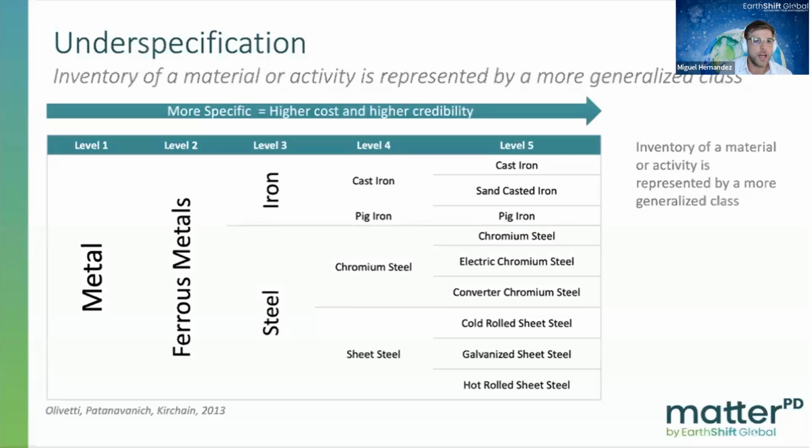And under specification allows me to play with these different classifications and to test different data points on each category to see how my result would be, and to include the uncertainty of the variability of the data. Next slide, Tess, please.